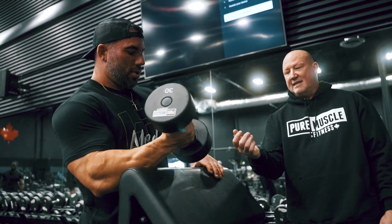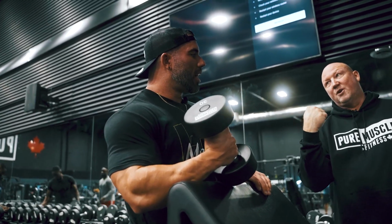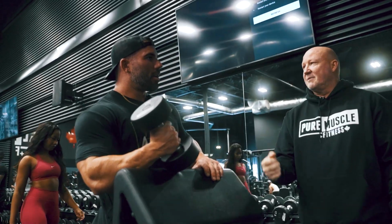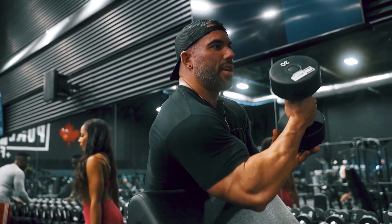So that difference of just keeping it out of there is like, oh my God, I can put it right there, versus, oh, I'll start offloading. I'm just offloading something else, right? So guys, when you grab the dumbbell,